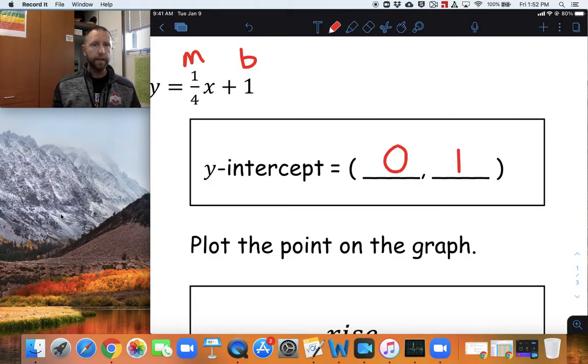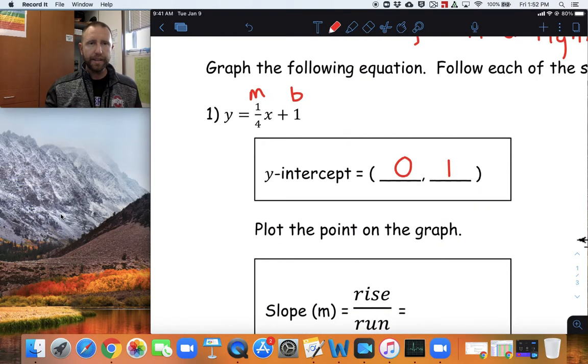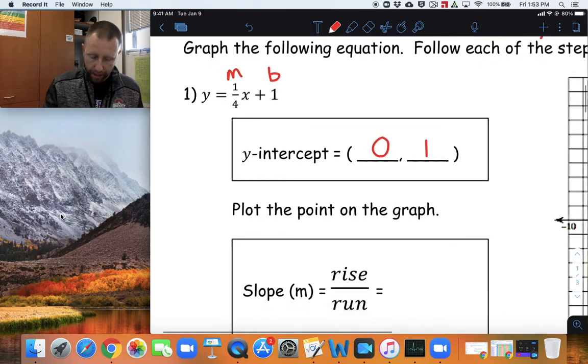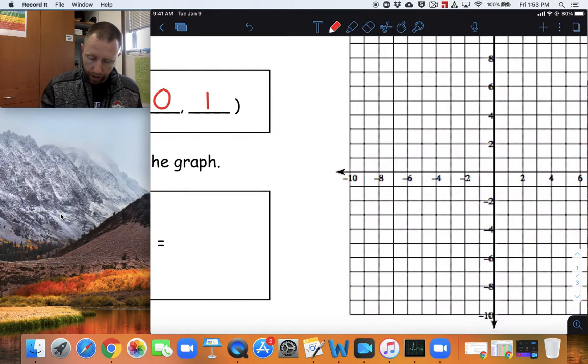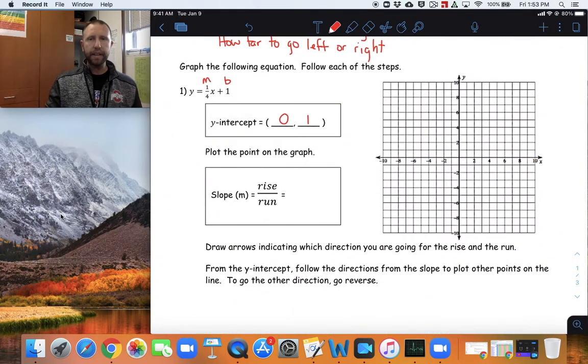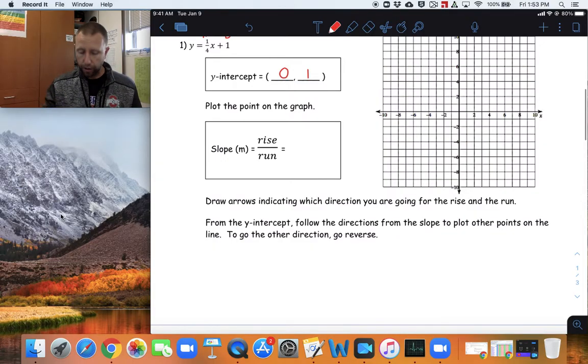And then what's it say? Plot the point on the graph. So after you know where the y-intercept is, see, this is why we were calling it the beginning point before. That's where you're going to begin. That's how you're going to graph this equation. You're going to start by putting a point where the y-intercept is. So I'm going to go to the point 0, 1 on the graph. I'll zoom out so we can see everything together there. Okay, I'm going to go out and graph 0, 1, which is right here